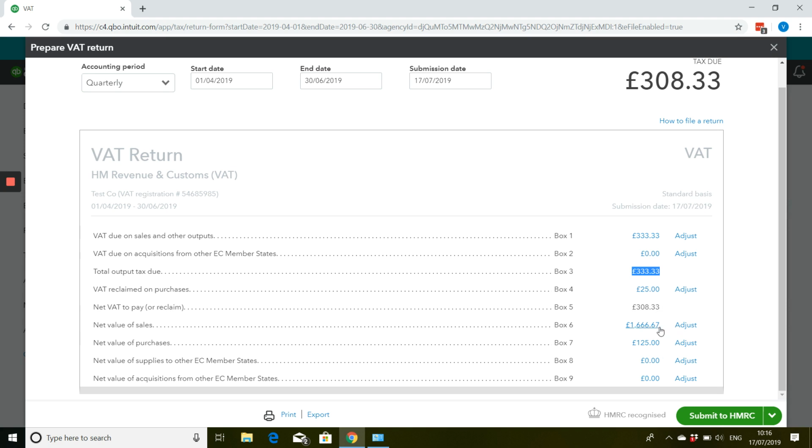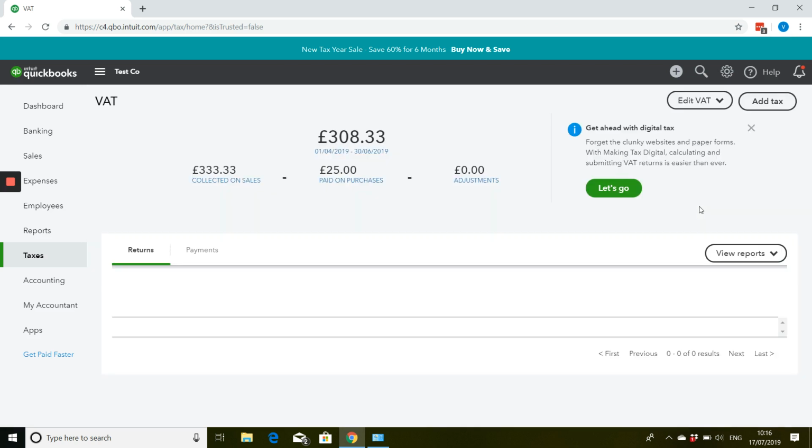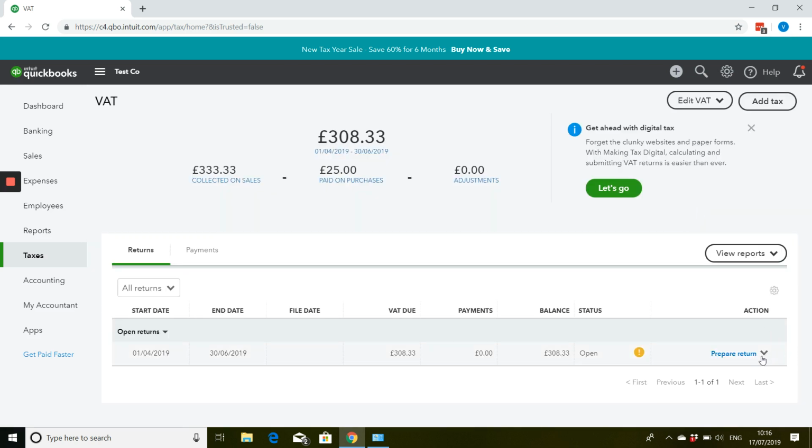You've got the net value of sales, net value of purchases, and any supplies to EC member states or things brought in from EC member states. Pretty easy. And I can't actually do it because I'm not logged in, but you would then click on Submit to HMRC. Now, if you want to look at some of the stuff behind it, if you just click out of that for a moment, back to here, next to the Prepare Return there's a little drop-down arrow, and you can click on View Summary or View Details. If we click on View Summary,